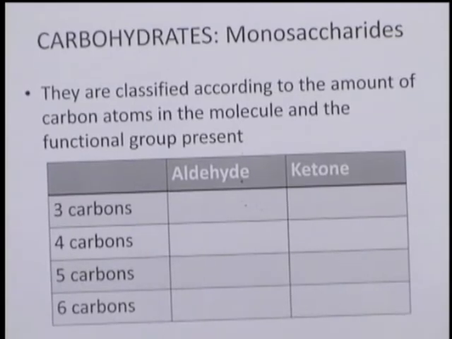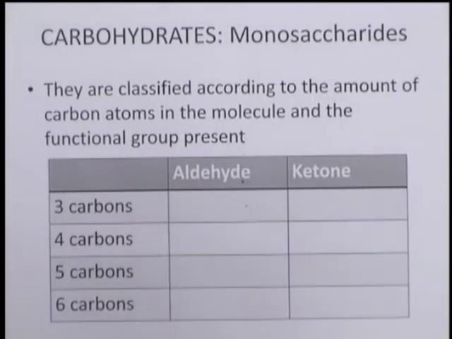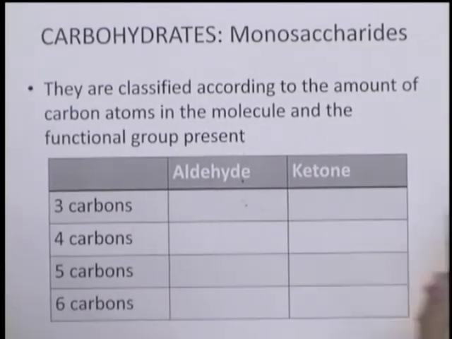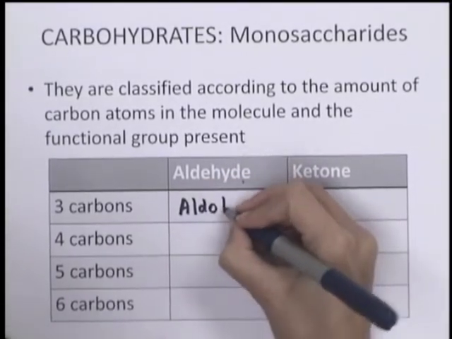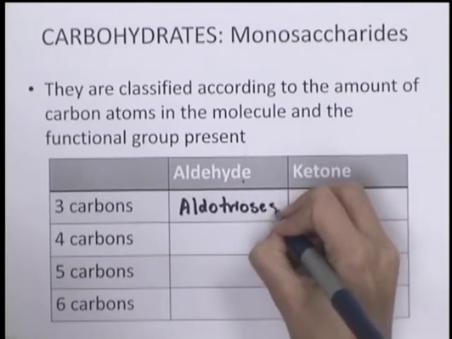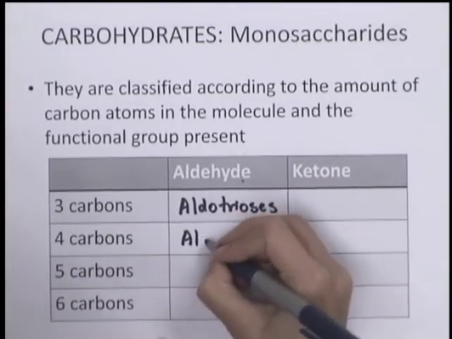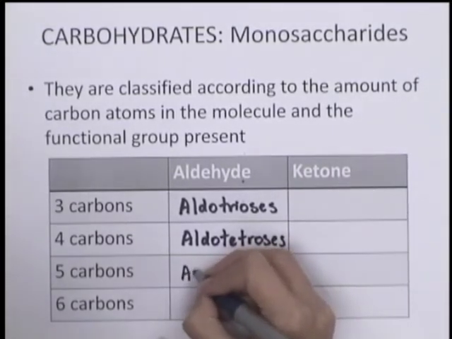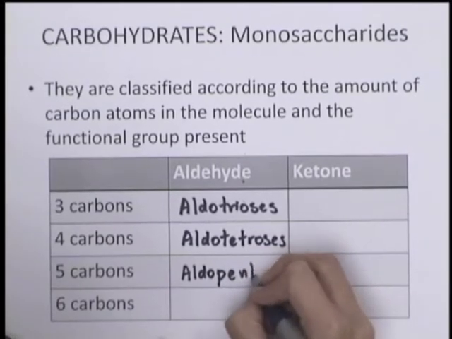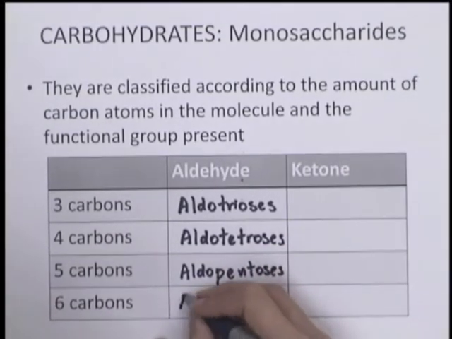Okay. The monosaccharides are the ones that only have one molecule or one monomer, and they are classified according to the amount of carbon atoms in the molecule and the functional group present. We said that the carbonyl group could form aldehydes or ketones. So when we have three carbon atoms and an aldehyde functional group, we call those monosaccharides aldotrioses or trioses. When we have four carbon atoms, we call them aldotetroses. When we have five, we call them aldopentoses. And when we have six, we call them